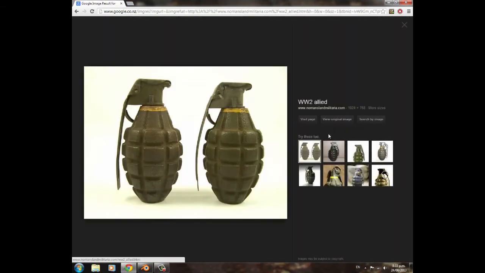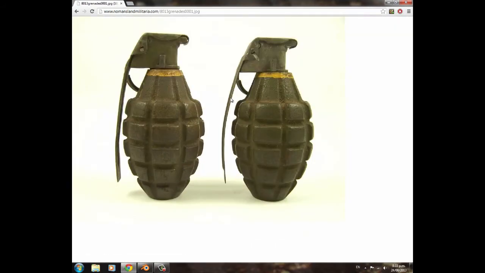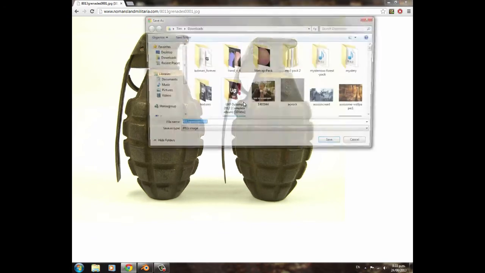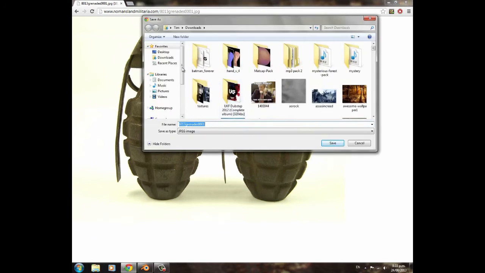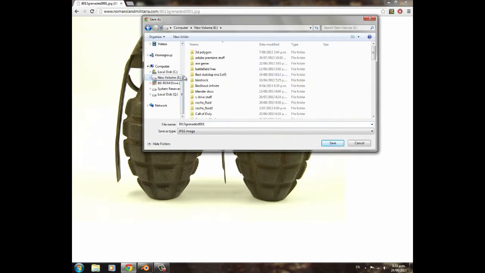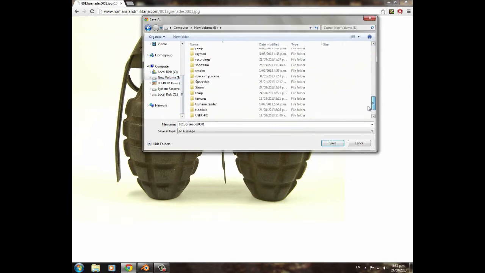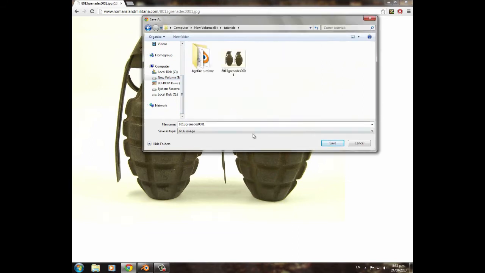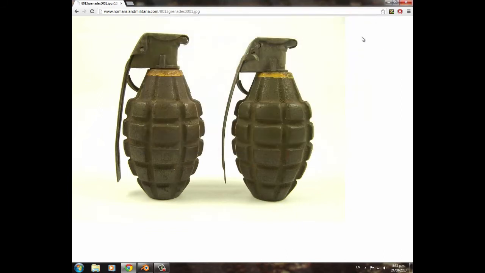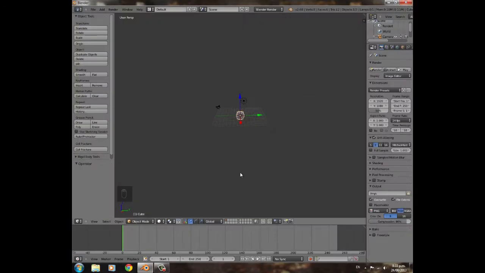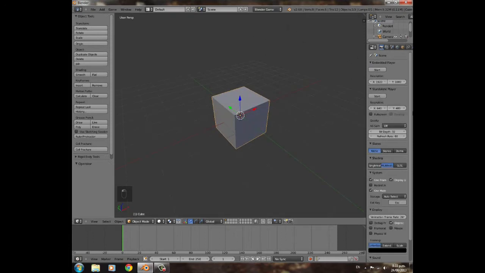This texture, not even a texture, it's just an image. I'm gonna right click, save image as, and I'm gonna go down to my folder for tutorials, and I've already got one saved there. So you can save it in, and then you can move back to Blender and change from the top here to Blender Game, GLSL,